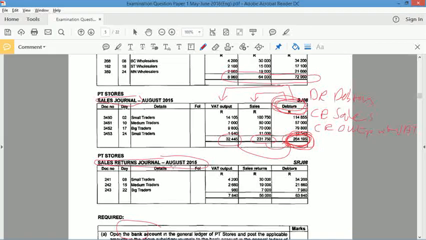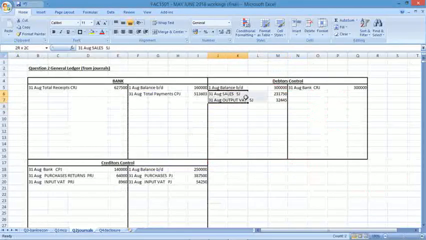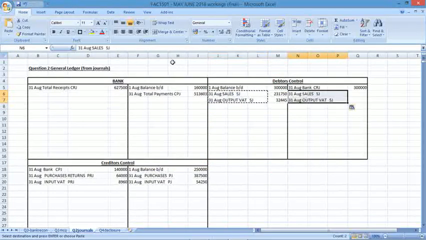Now you are going to be receiving goods back from your customers. Your customers have bought and now they've returned. So debtors are going to go up or down? Debtors are going to go down. Debtors go down on which side? Well, debtors is an asset. Assets decrease on the credit side. So I'm going to write down sales returns